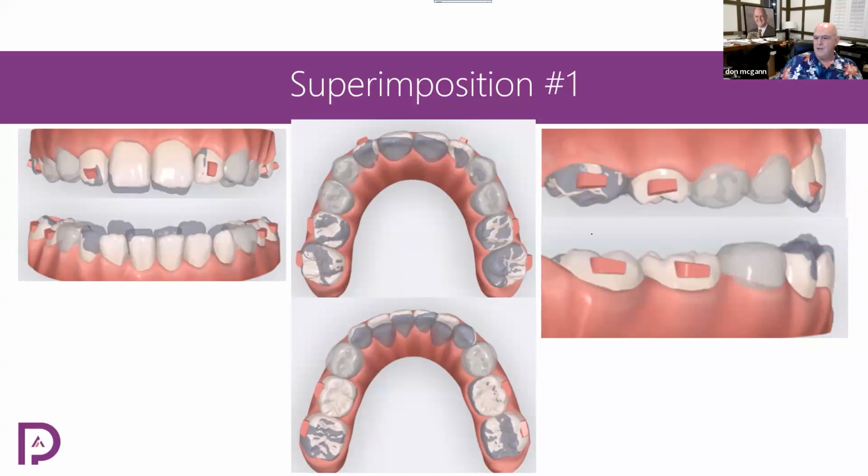And then you evaluate this. Is this easy to do? It's a scan, write a few instructions, and you know what? On something like this, you've got more trays coming. You don't need every little last detail in this. You just want to see that they're intruding, they're rotating the molar,